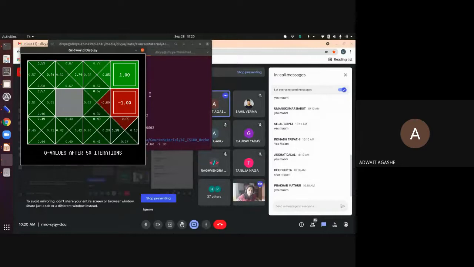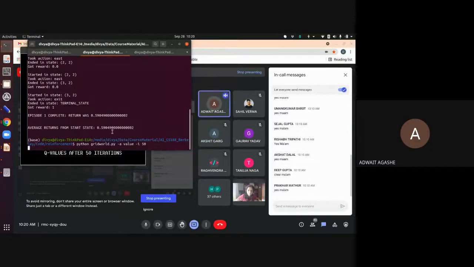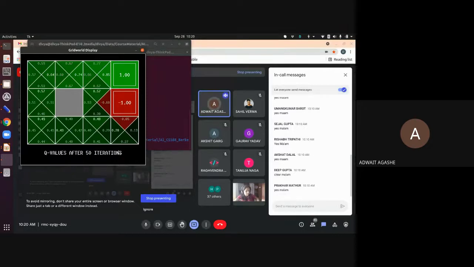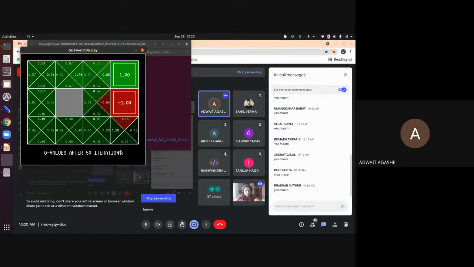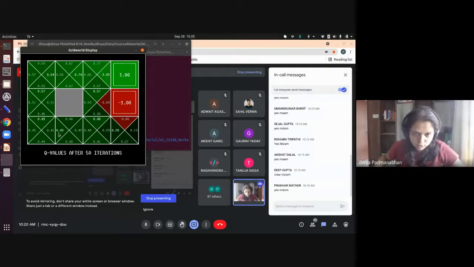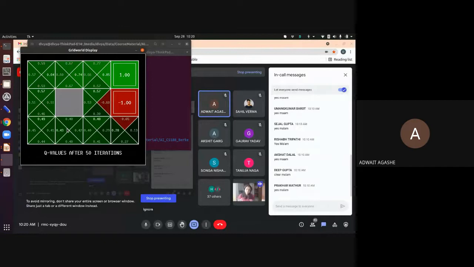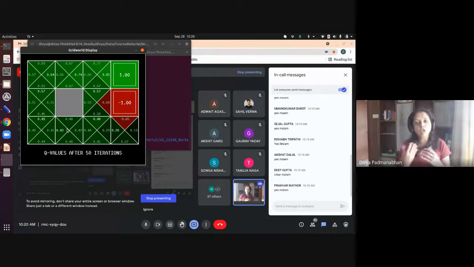Excuse me, ma'am. In this example, the agent does not know with what probability it will go from one state to another after choosing the action, right? Here, everything is known. The probabilities are all known, and that's how you are able to compute these values. You don't know exactly which state you will be in, but you know it in a probabilistic sense. Right? Was that the question? Yes, I got it. In fact, the next topic is what you do if you don't know these probabilities. So we are going to head into that part.